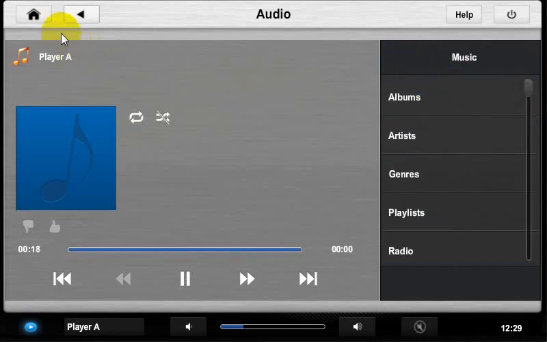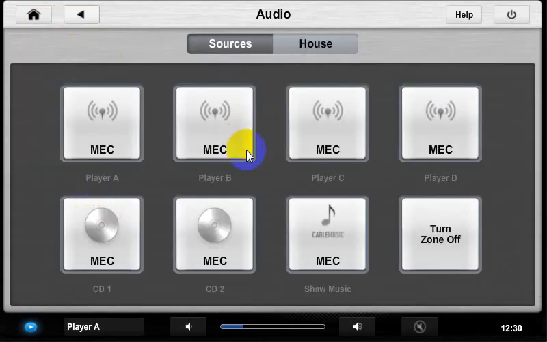But there's also a way to, and this is maybe the easiest way for you to get music until we get that loading done, is you can AirPlay to each of these players. So we have player A, B, C, and D, and you can AirPlay to them using your iPad, say, and bring up the music that you want to listen to, start it playing, and then you're probably familiar